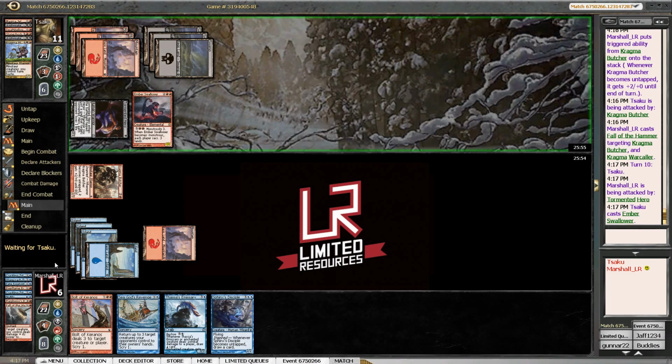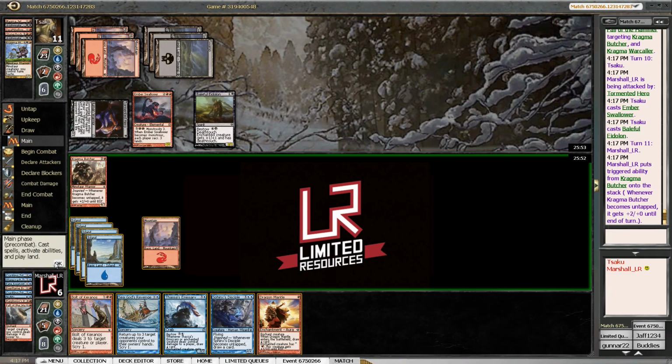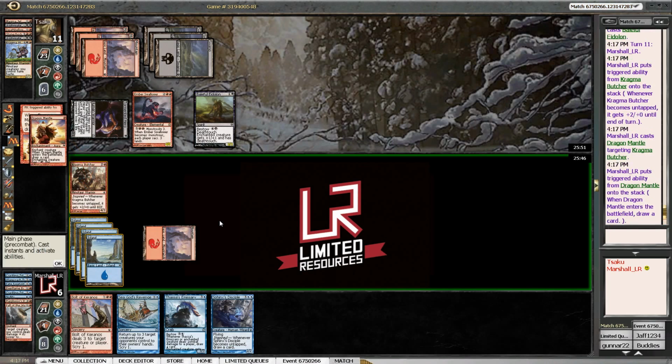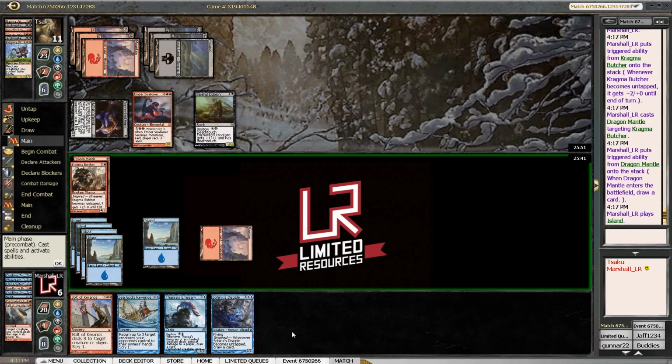Jeez, Ember Swallower? And an Eidolon? My goodness. And we can't draw a land to save our life here. But I'm going to Dragon Mantle up our Kragma Butcher here. And hopefully draw a land. Well, we did sort of draw a land. He's 1 mana away from firing off that Ember Swallower. Which is really annoying because I wanted to Sea God's Revenge him, but